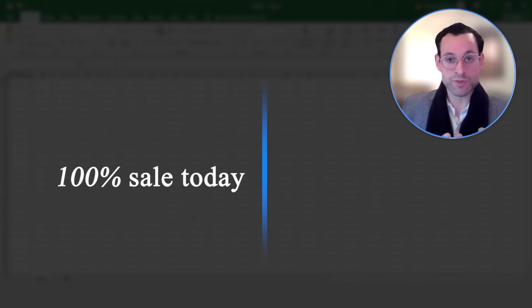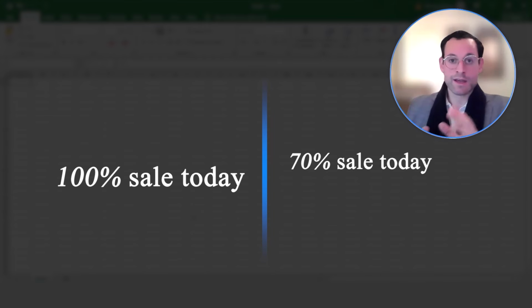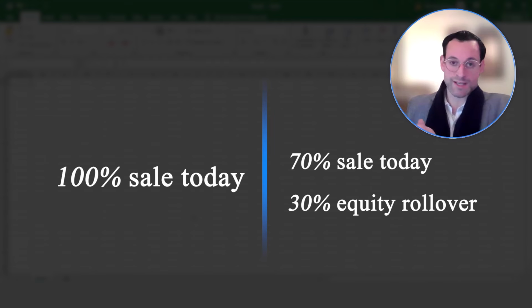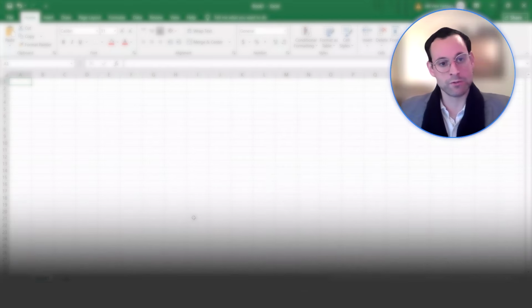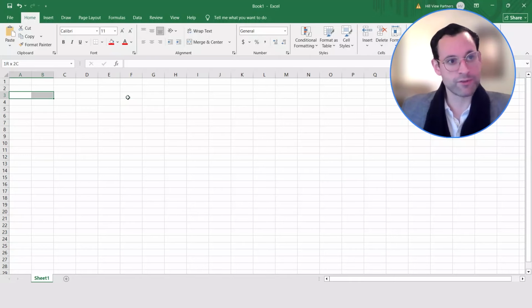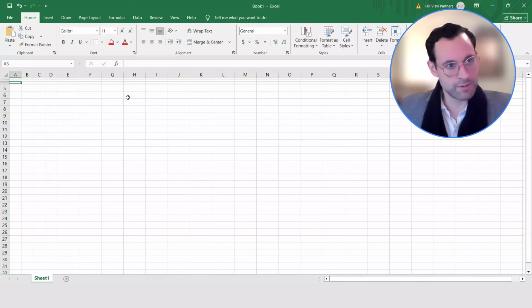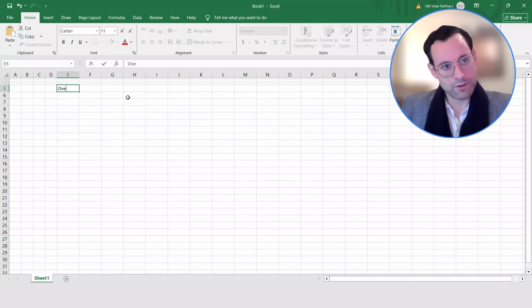The first, 100% sale today, and the second, a 70% sale today, in addition to a 30% equity rollover that's held for 3 years prior to the next monetization or exit of the business. So, to that effect, let's start working through some of the numbers. Let's set this up and say overall proceeds comparison, 100% sale versus equity rollover